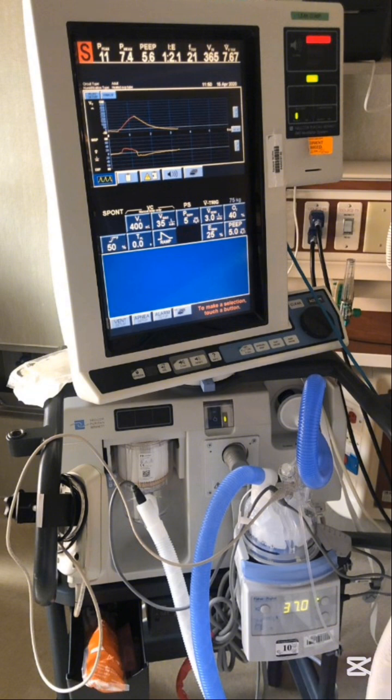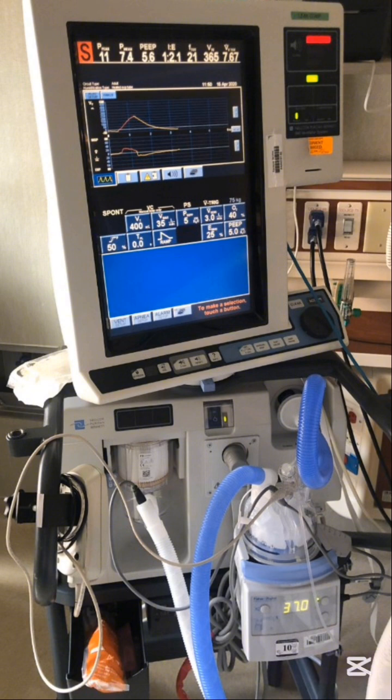Then comes the flow rate. The rate at which gas is delivered during inspiration is the flow rate. If there is some obstruction, the flow rate will be affected. If the patient has bronchospasm, the flow rate will be affected. If the patient has some pathology that is narrowing the airways, the flow rate will be affected. So there are many parameters affecting the flow through the airways.